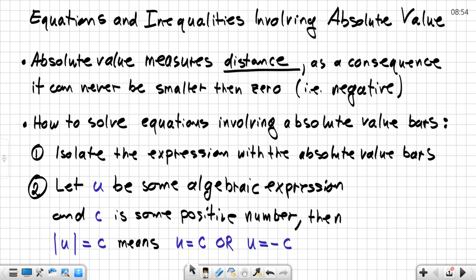Well, the first thing that we are going to do is isolate the expression with the absolute value bars. That is the same process that you have done when you were isolating your variable first, like you subtracted things to move things from left to right, or you added terms. Now, the second thing, after I have isolated my absolute value bars, I'm going to be using the definition: